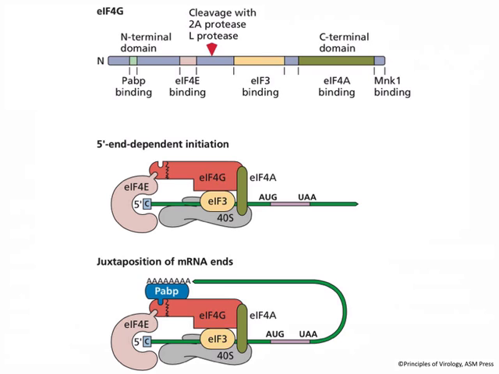So this is how the 40S subunit is brought to the mRNA that has a cap. Now, we actually think that when mRNAs are translated efficiently, they're actually in a circular form like shown at the bottom here. We call this juxtaposition of mRNA ends. As I just told you, there's a binding site for poly-A binding protein here at the beginning of EIF4G. Poly-A binding protein is a cellular protein that binds poly-A. And so these interactions, PABP with EIF4G, PABP with poly-A, effectively circularizes the RNA.